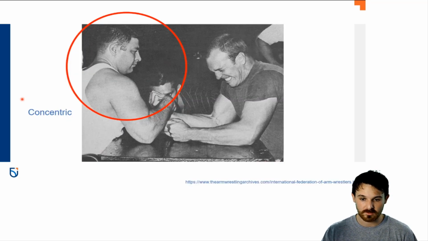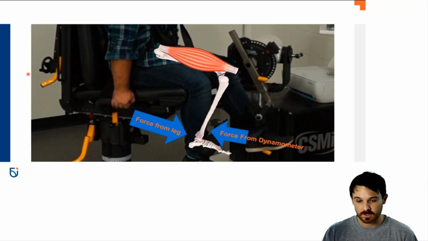So let's start off with concentric. Concentric is like if you're winning an arm wrestle battle. You're still trying really hard, you're still pushing down, and somebody is resisting you, but you're actually going through muscle shortening and recruiting those motor units, and that muscle fiber is then shortening, but it's still doing very, very hard work. So in terms of the analogy I want to give, I want to start off here with Ian's leg,